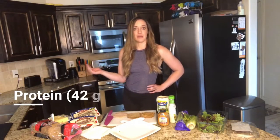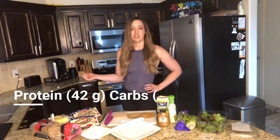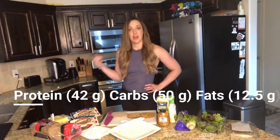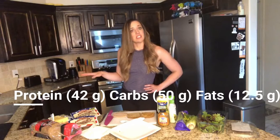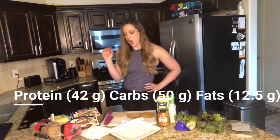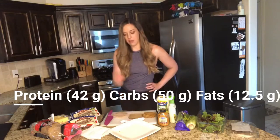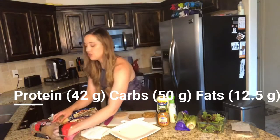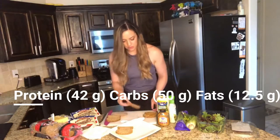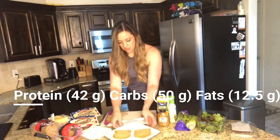For our final example for a macro sandwich, we're going to do a sandwich that's higher in carbs. So maybe you're an athlete or you're really active and you got on a plan that gives you a lot more carbohydrates to keep your energy levels up, and you got a cup of carbs, maybe 6 ounces of protein, and let's go with 12.5 grams of fats. Basically, this means you get to make 2 sandwiches. So, over 2 pieces of bread, we do get to